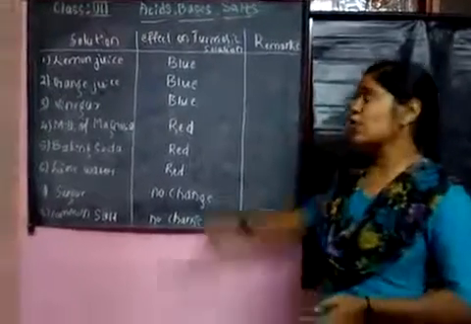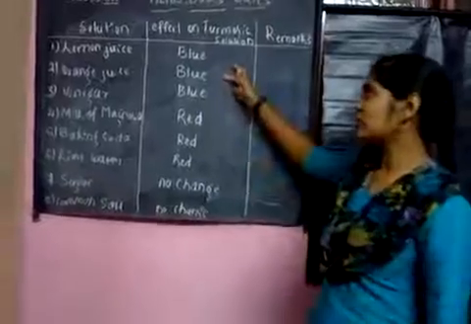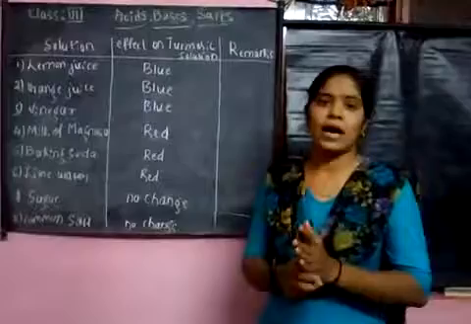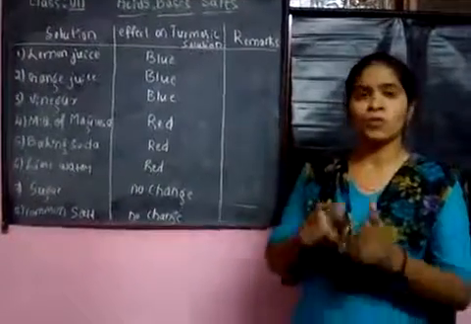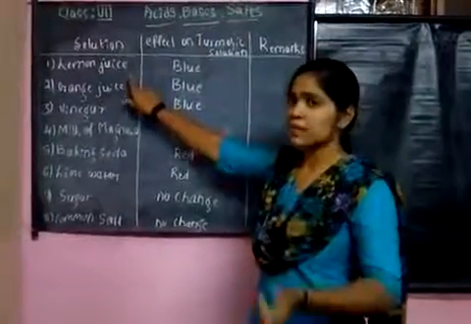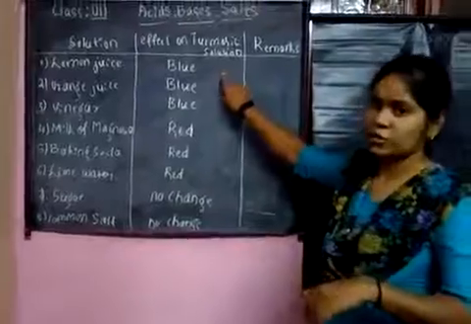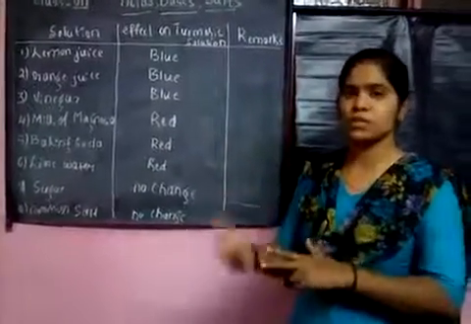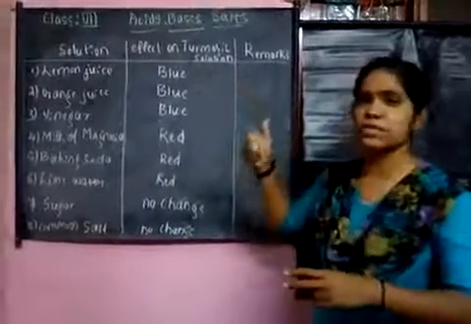Firstly, I am considering lemon juice, which will act with the turmeric solution. I am telling you one example clearly. Hope you all get that point. First, consider the lemon juice. This lemon juice is mixed with the turmeric solution. Turmeric solution means what? The turmeric powder is mixed with distilled water, and we prepared a turmeric solution, which is an indicator.